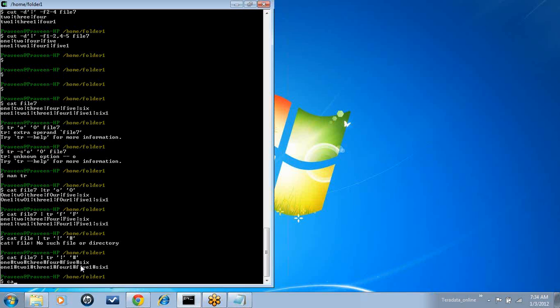First I want to display the content, and then I wanted to translate the delimiter, and then how to display the third and fourth columns? We have to use a cut command. So again one more pipe, and use a cut command,